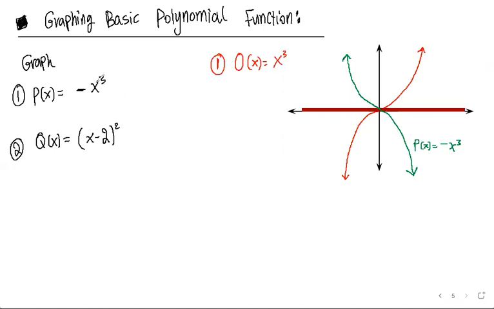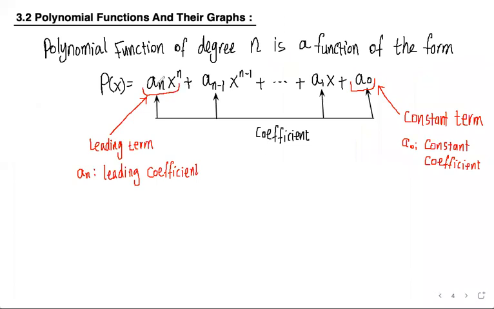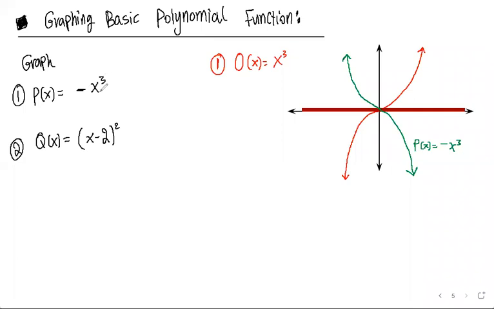By the way, x cubed is a polynomial function. Why? Because a_n here is 1, the degree n is 3, and all the coefficients for a_(n-1) and below are 0. So this is a polynomial function. So for the first one, we reflect the original graph around the x-axis. Now for the second one,